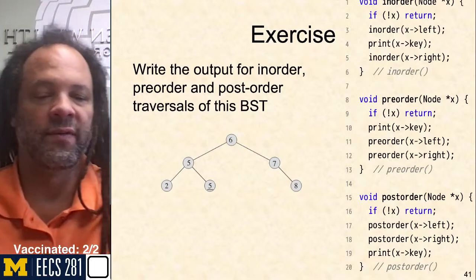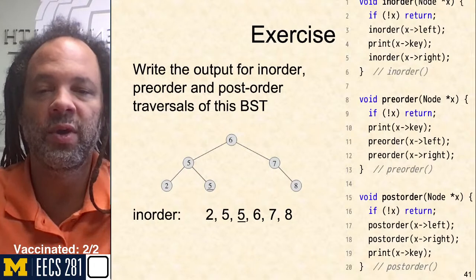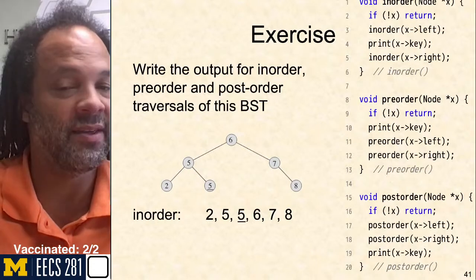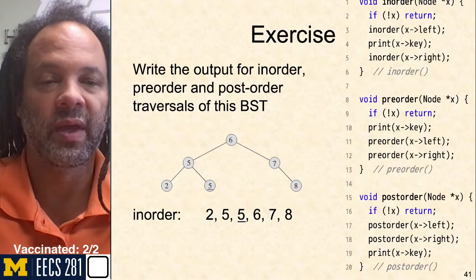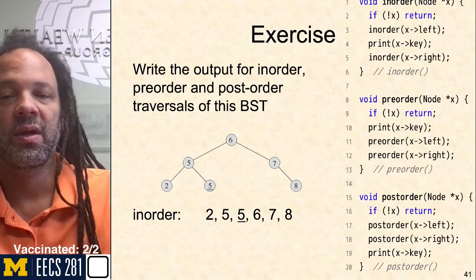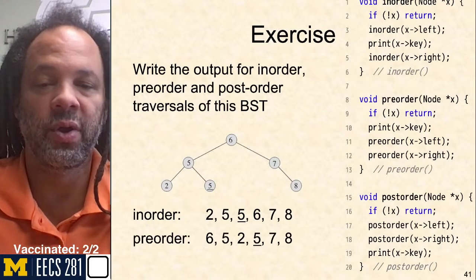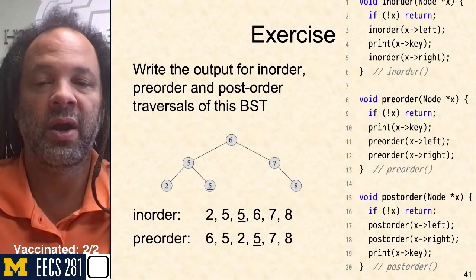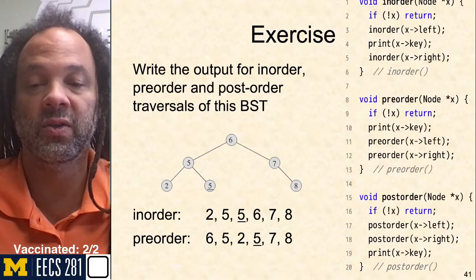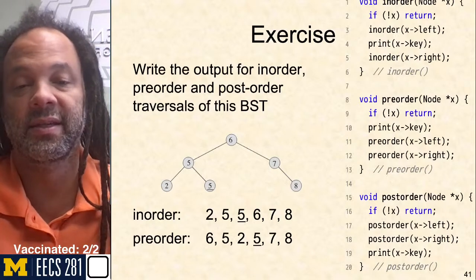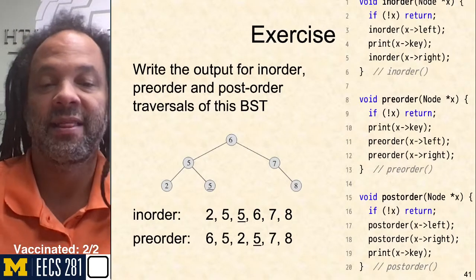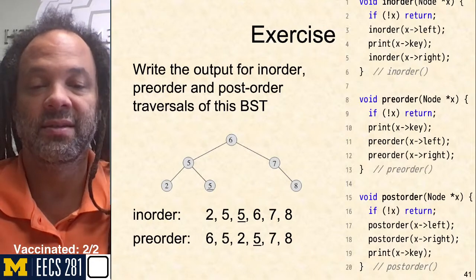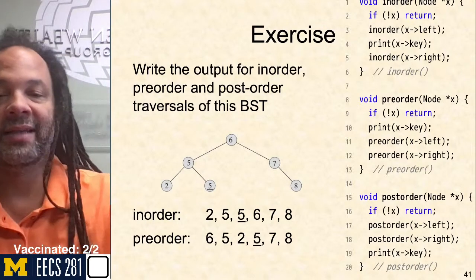So with the in-order traversal, it looks like 2 followed by 5 followed by the underscored 5, then 6, 7, and 8. In the pre-order traversal, remember, that's the one where we process the root node first. So the pre-order traversal has 6 followed by 5, and then 2, the underscored 5, then 7, then 8. And then lastly, we've got the